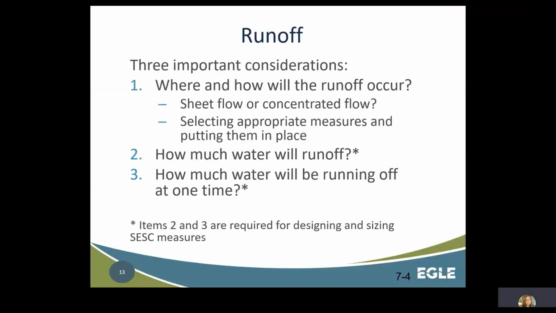Now that we have discussed soil texture and the factors that affect erosion, we must next consider runoff. Runoff refers to the water that runs off the land as a result of melting snow or rainfall. An accurate estimation of the location, volume, and rate of runoff on a construction site during the planned development phase is critical in determining the eventual effectiveness of planned SESC measures. In general, disturbing natural vegetation and developing a site will increase the amount of runoff from the site, thus increasing the potential for erosion. There are three important considerations when planning for runoff from construction sites.